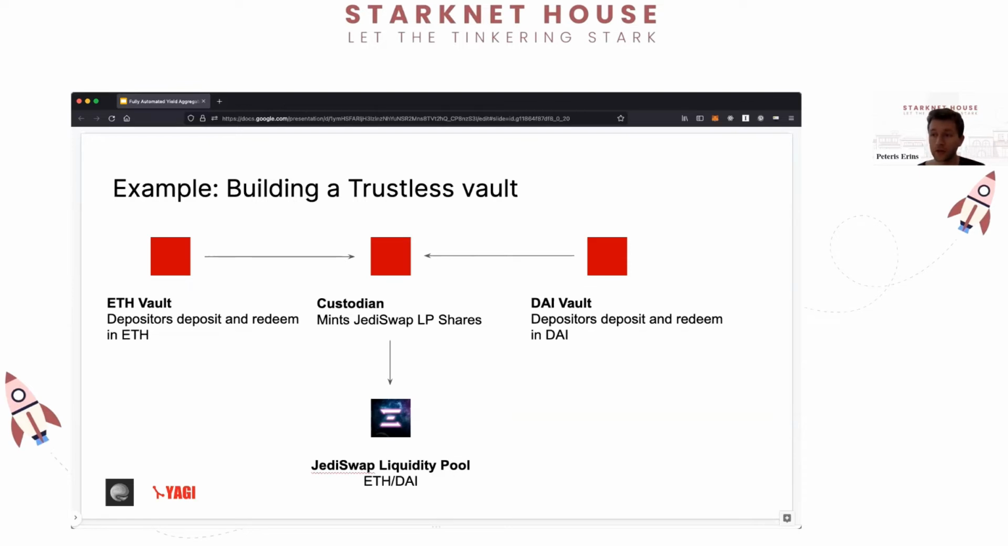Well, the protocol kind of incentivizes people to come in and become liquidity providers. So they come in and they deposit some amount of Ether and some amount of DAI, and then they're basically funding the exchange, and they're getting fees on the trading volume. So that gives us an opportunity to build a vault, right? What if we could build a vault on top of JediSwap